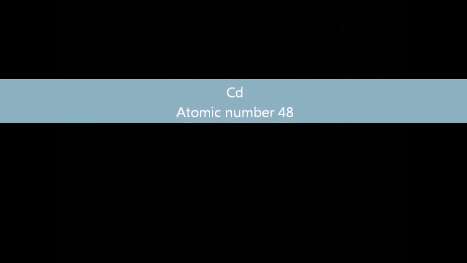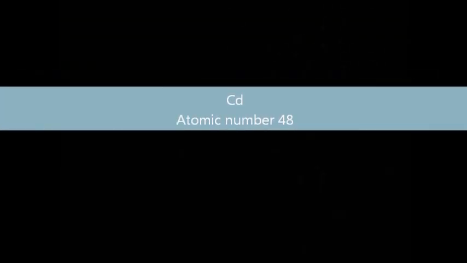We use it as a plating alloy, copier drums, batteries, fluorescent screens. I think even in the aircraft industry, it's used for some things. It's used as a barrier to control neutrons during the nuclear fission process. But exposure to cadmium can lead to a variety of problems, including cancer.